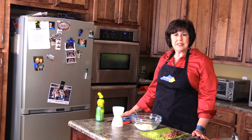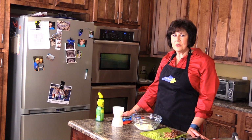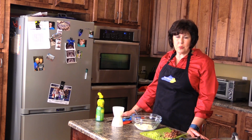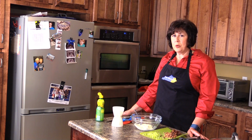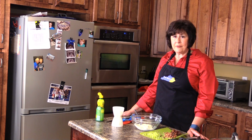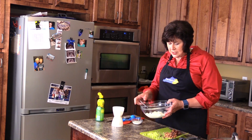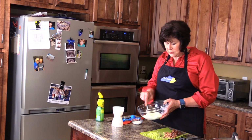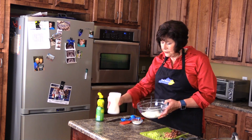Today we're going to be making cinnamon apple salad. Now you may remember way back in season 1 on the very first episode we had candy apple salad. Well, this is a little different. We're going to be boiling some apples and turning them red, but for now we're going to be making the filling. I'm using cream cheese, about 3 ounces of cream cheese, and I'm going to add a 1/4 cup sugar,